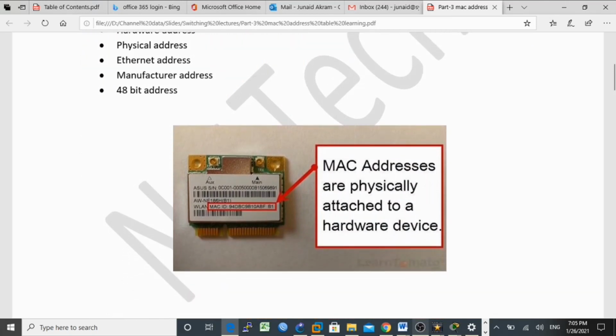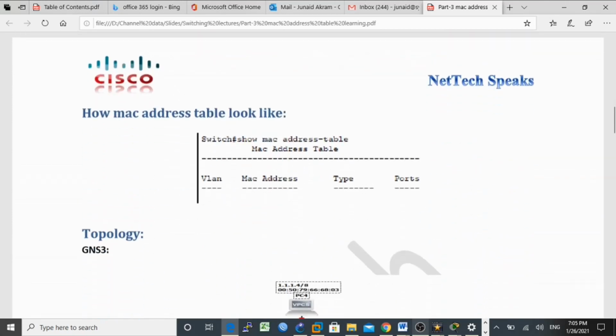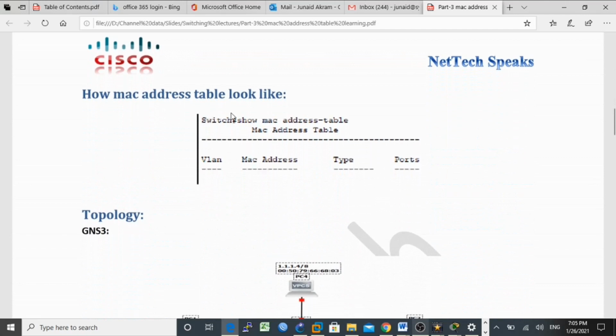How does the MAC address table look like? Okay, this is a MAC address table. It shows which MAC address belongs to which VLAN number, the type, either static or dynamic, and the ports to which PCs are connected.